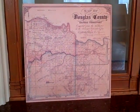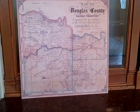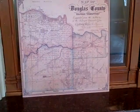This is the Digital Jaywalker on Friday, March 12th, 2010, at the Watkins Community Historical Museum in Lawrence, Kansas, the county seat of Douglas County. So you can see from this